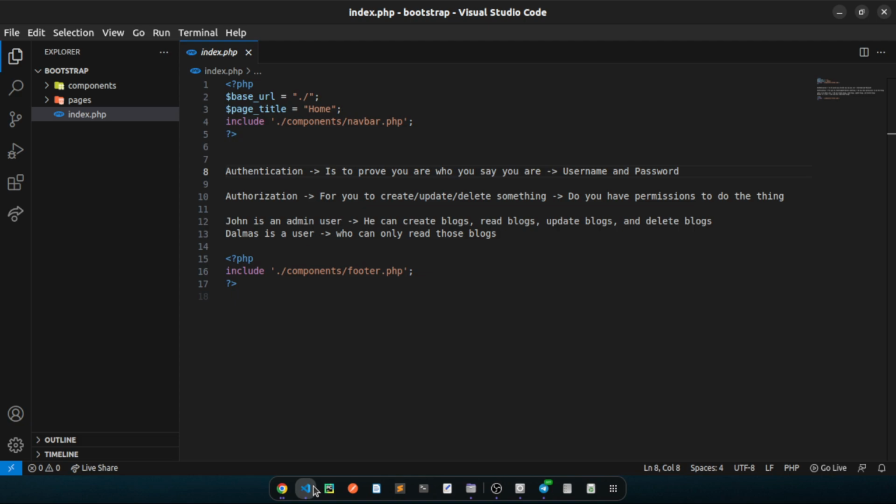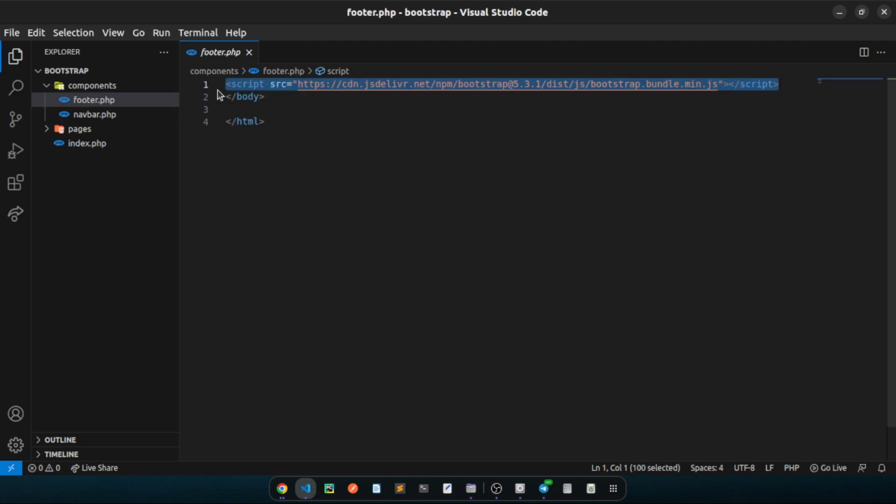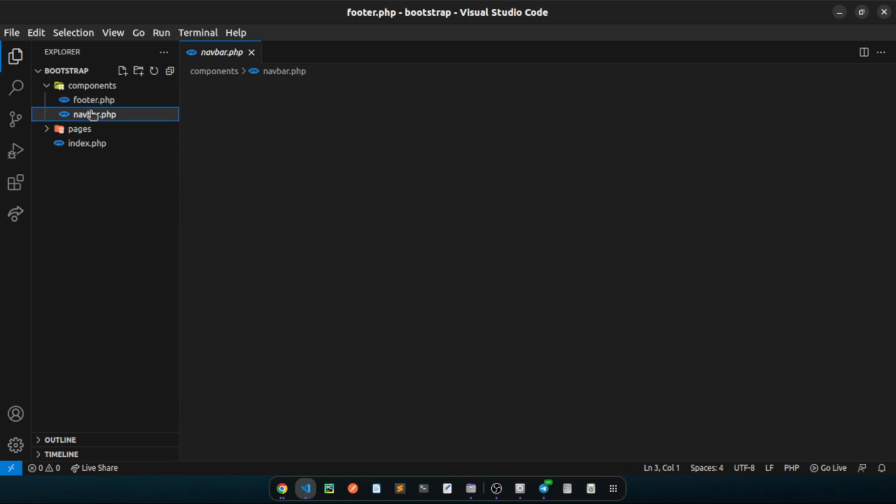So in our components folder, we have two things. We have the footer, which is not really empty, but holding something: the script, and the closing tags of the body and the HTML. I'll tell you why we have the body and HTML closing tags on the footer.php, not anywhere else. Then we have the navbar.php, which contains a few things. The first one is it introduces the entire content of the head, and it introduces the opening tag of the body. That's why we have the closing tag of the body on the footer, just to hold the scripts,